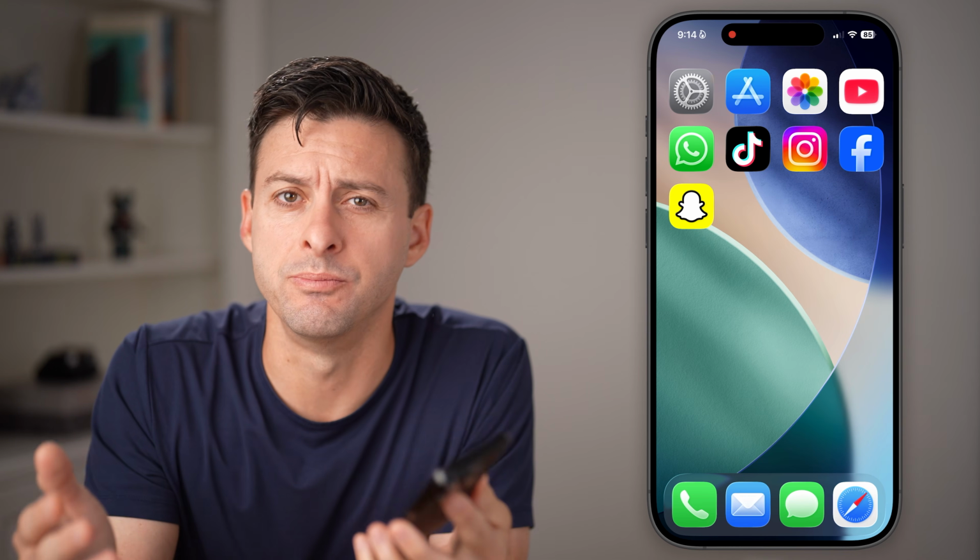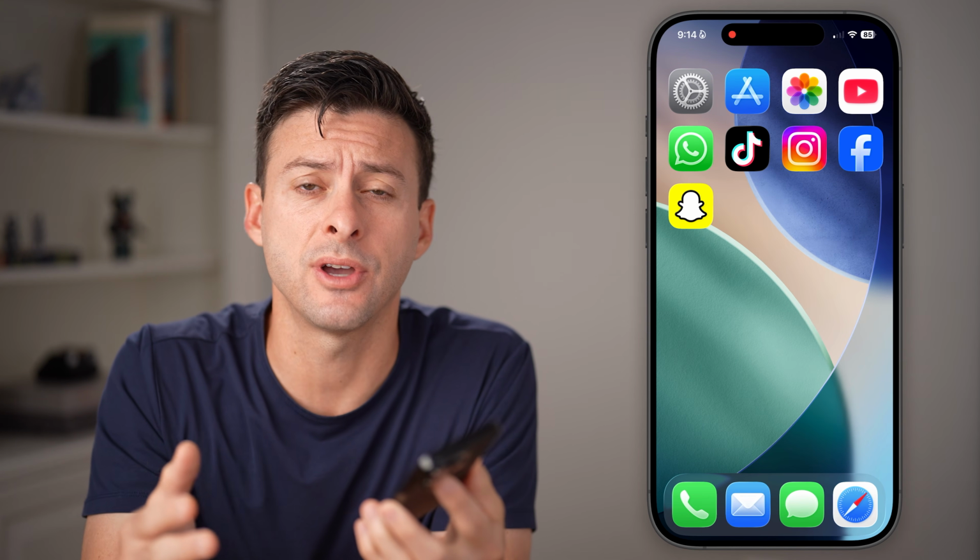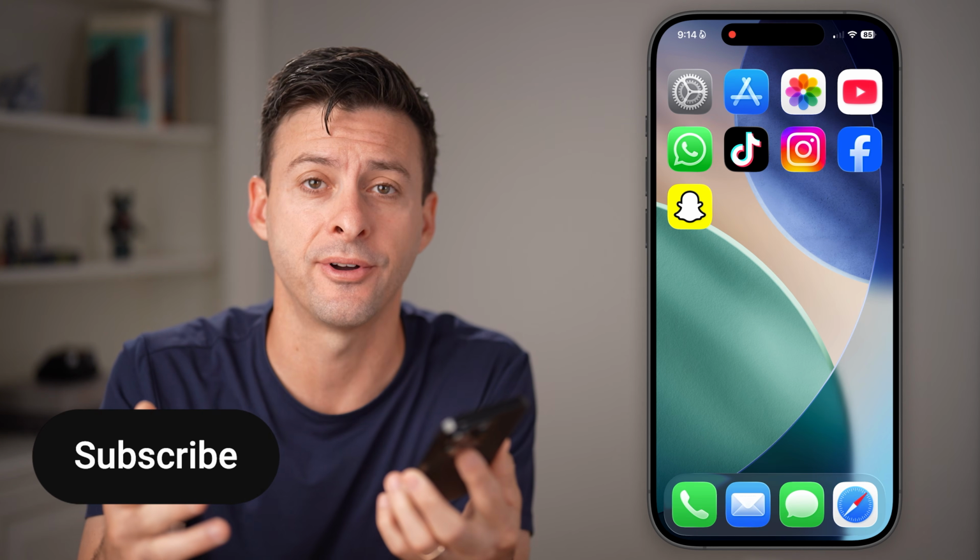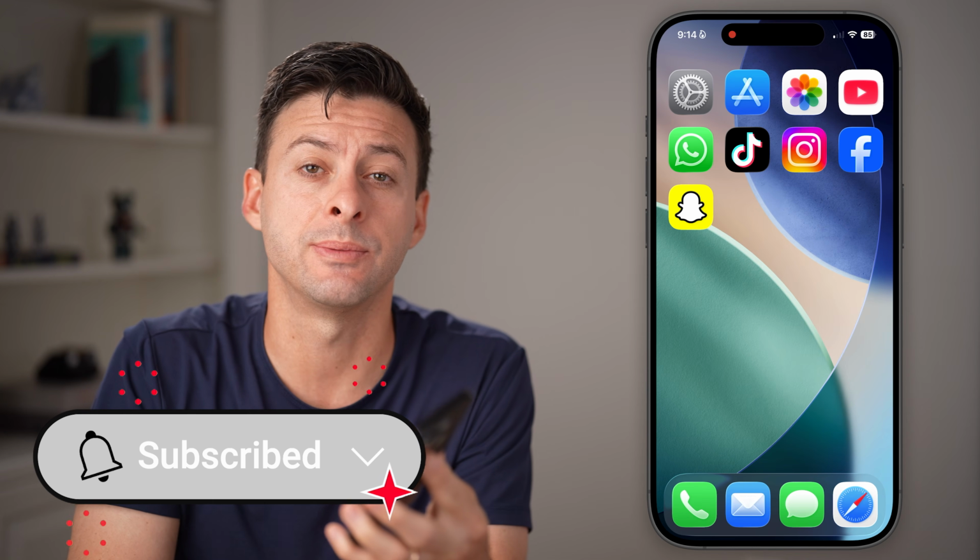Here's how to make text bigger on TikTok. Now, if you're on the TikTok app and you're having a hard time reading the text, you can always increase the font size. I'll show you how to do it, but first,